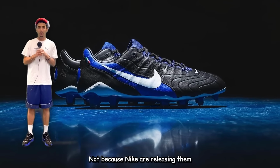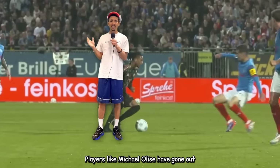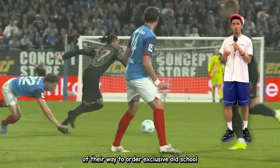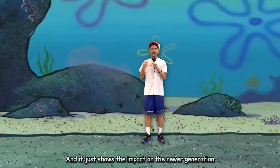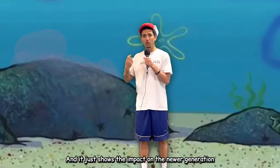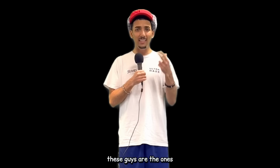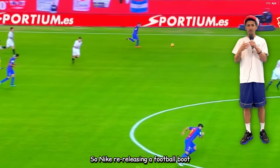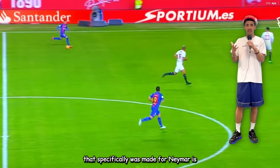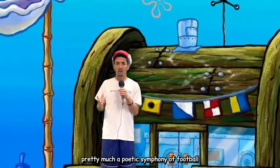Not because Nike are releasing them, because they haven't released them in years. Players like Michael Olise have gone out of their way to order exclusive old school Hypervenoms just to play in them. And it just shows the impact on the newer generation. The likes of Doué at PSG, Musiala, Olise, these guys are the ones that probably looked up to Neymar. So Nike re-releasing a football boot that specifically was made for Neymar is pretty much a poetic symphony of football,